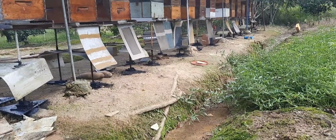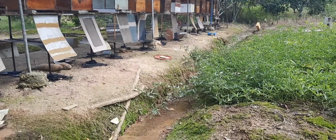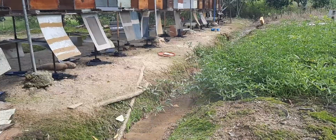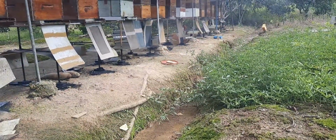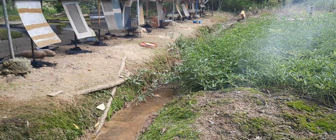So I had to come and clean up the dead bees on the ground, and the only time I could really do it effectively is in the night, because those bees wouldn't like me coming around here at this point in time. So I'm here now. I'm going to try to clean up this drain a little bit, and